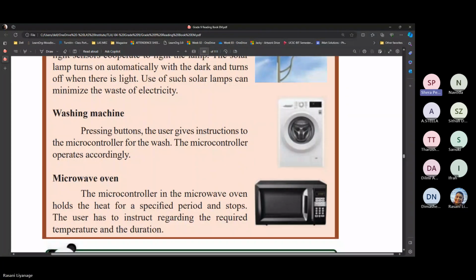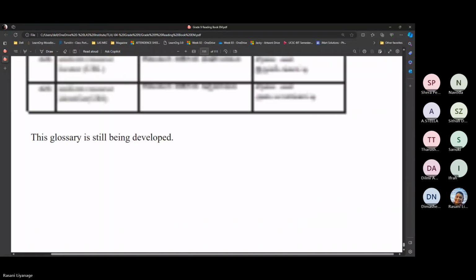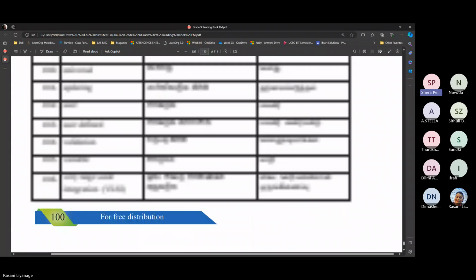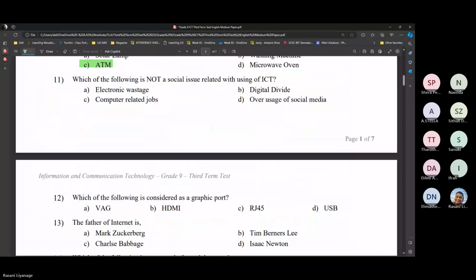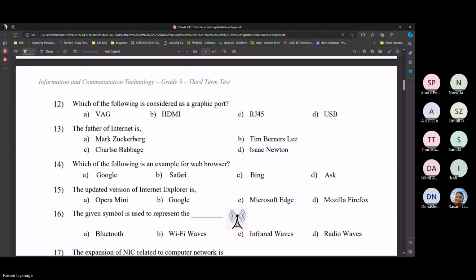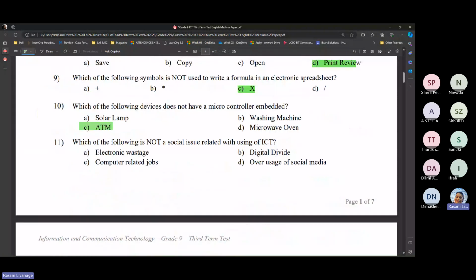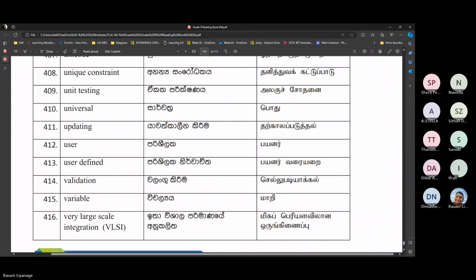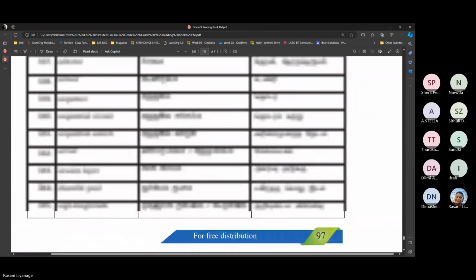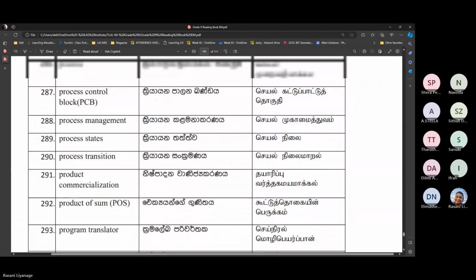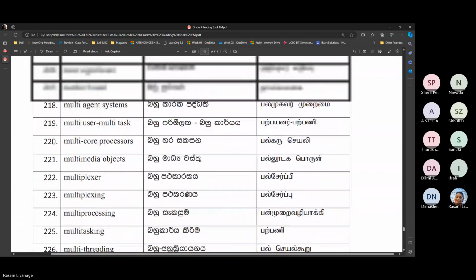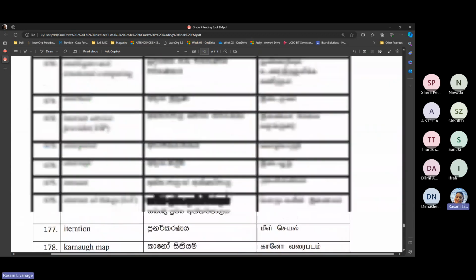We couldn't hear you telling the answer for the earlier question. Which one? Are the father of the internet? I'm still on 11. Okay, Miss. Okay? Now on the 11th,